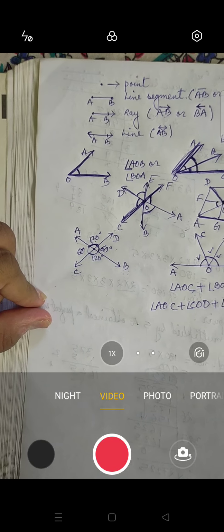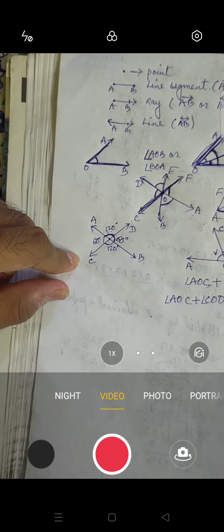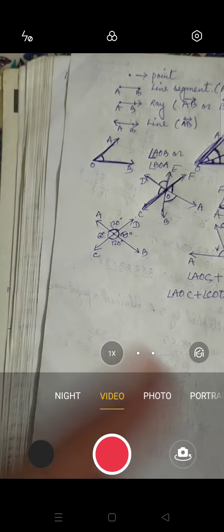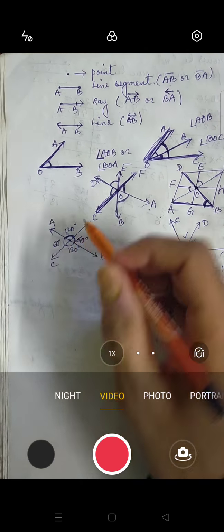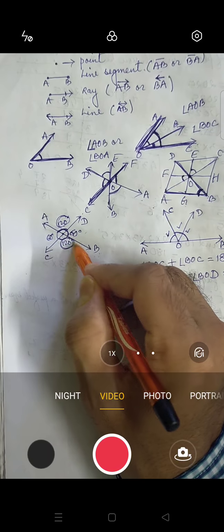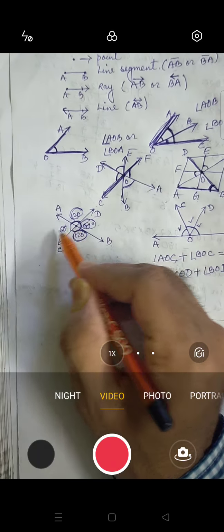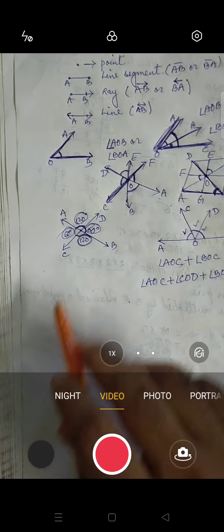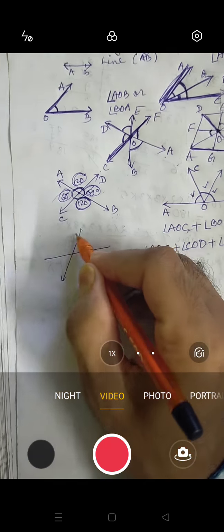And the reason behind that is when two lines intersect each other at a point, then the opposite angles are equal. This angle and this angle will be equal, and this angle and this angle will be equal because of vertically opposite angles. That means if you are having a line like this